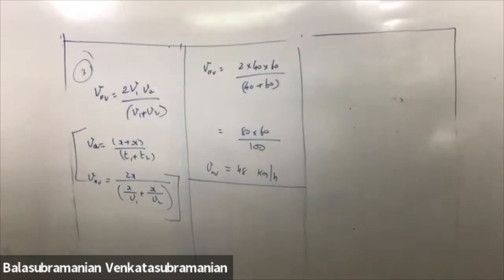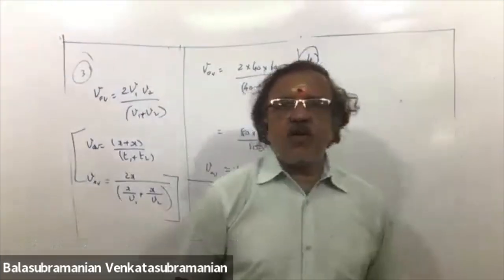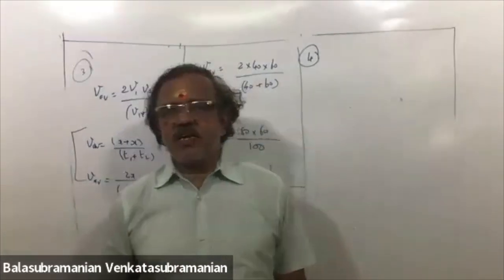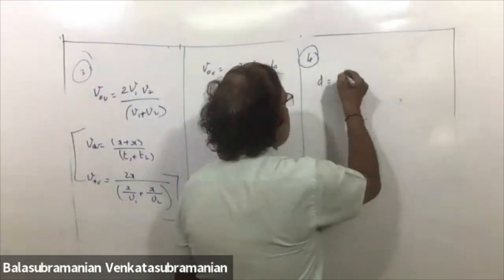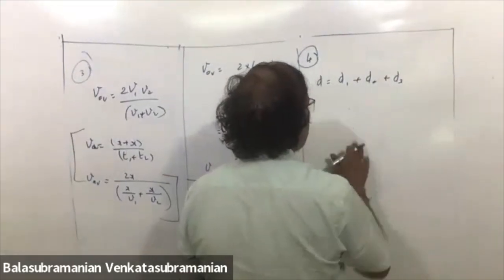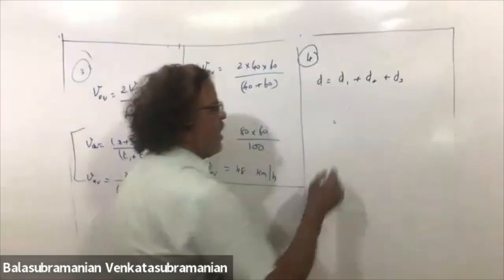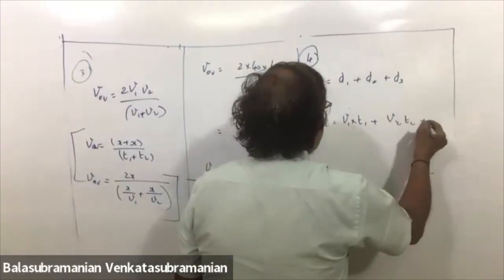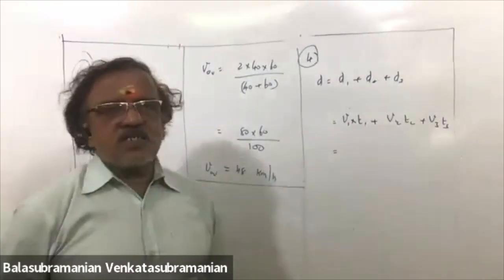Average speed, how to calculate? First calculate total distance traveled. Next total time taken. Average velocity. Total distance is d1 plus d2 plus d3. Three different distances. What is the distance here? Velocity into time. First distance, that is